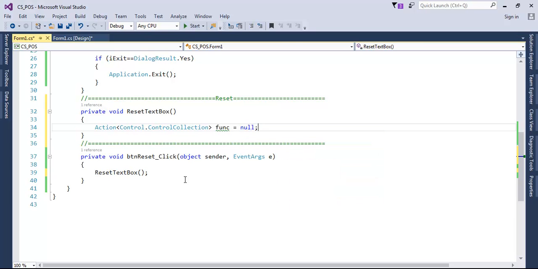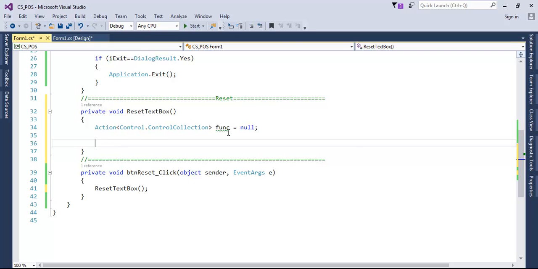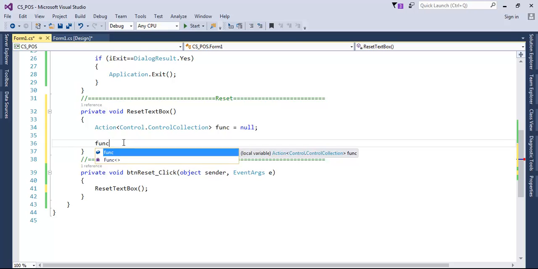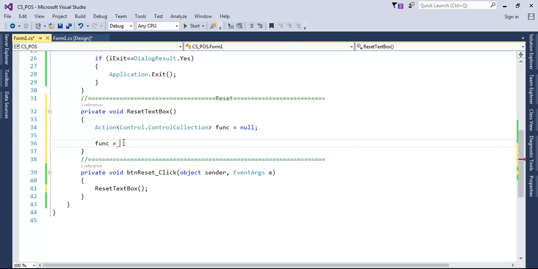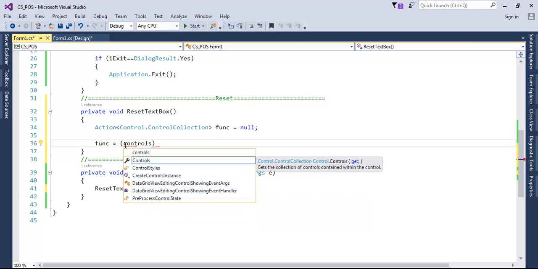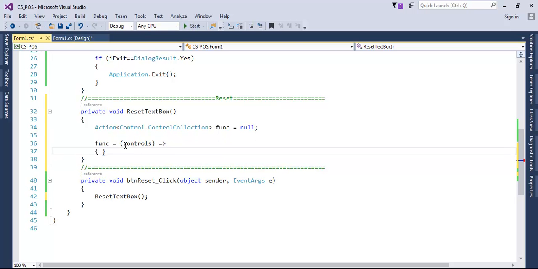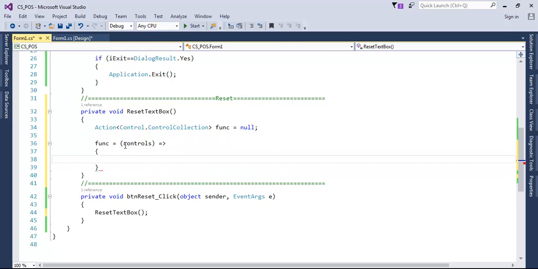Now the next thing is, since we have our method name in place, let's say function equals control. That's just a name for it, controls. Alright, then come out here and just enter equals greater than, enter your curly braces again, and right in there